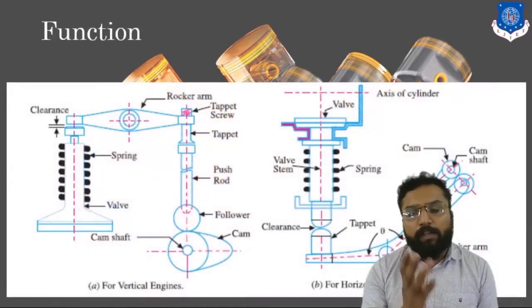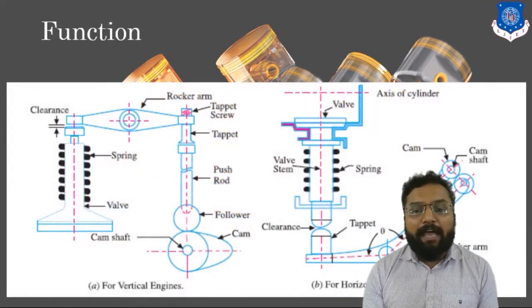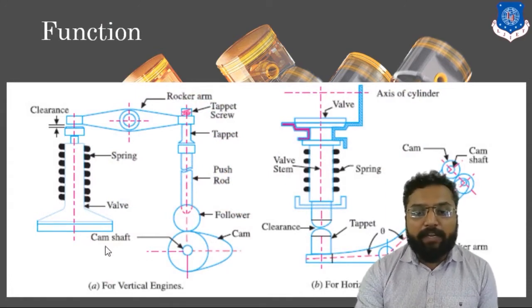Here you can see a diagram for a vertical engine and for a horizontal engine; this is the construction and arrangement of our valve gear mechanism. In the case of this vertical engine, you can see a cam which is connected to a timing belt, which is connected to a follower. This follower is directly connected to the tappet, and ultimately through the rocker arm, it provides the motion to our